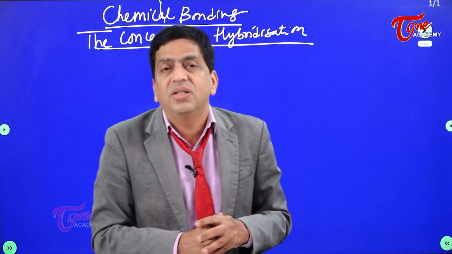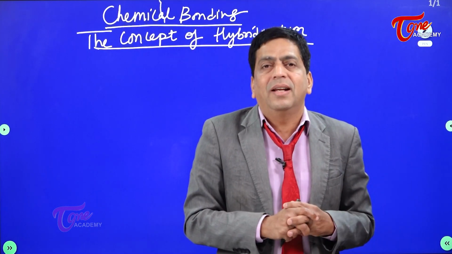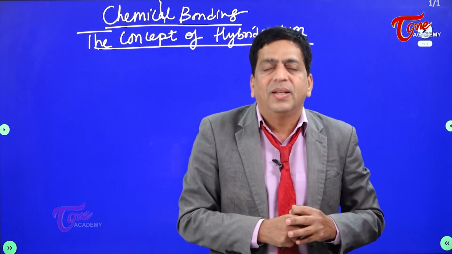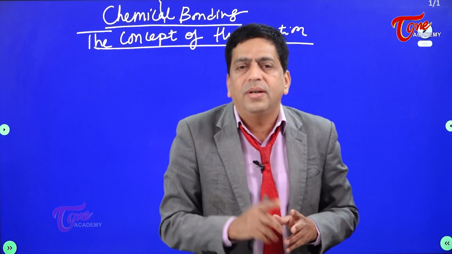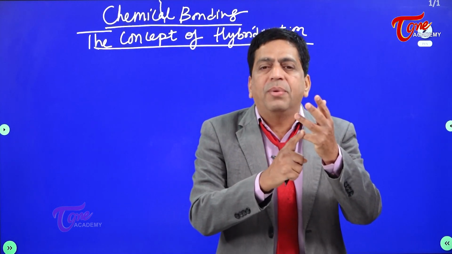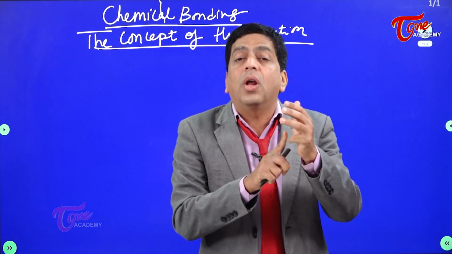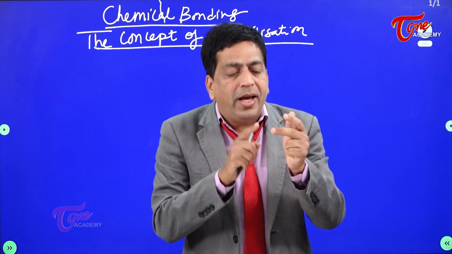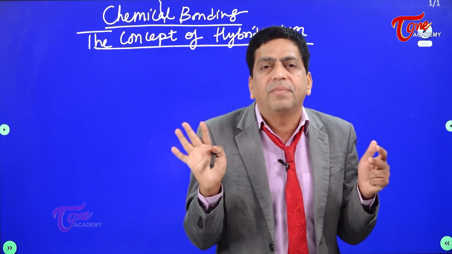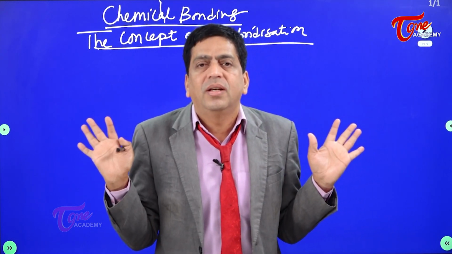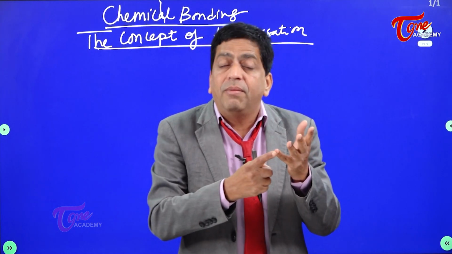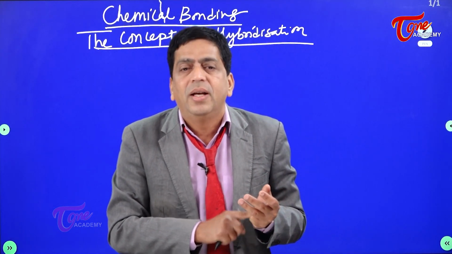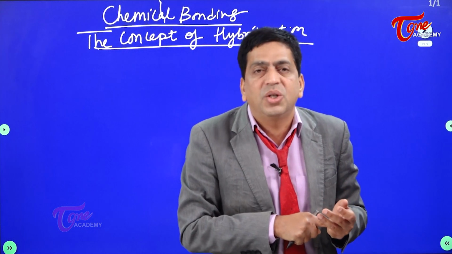So why I'm introducing hybridization is, we don't wait till the overlapping thing. What we are doing is, I draw the attention. In hybridization, 2-3 things are important. Number 1, it all happens before bonding. Where does it happen? In an atom. So the atom, before bonding itself, the hybridization takes place. Remember, before bonding, the atoms have still not participated in bonding. Before bonding itself, the hybridization is taking place.